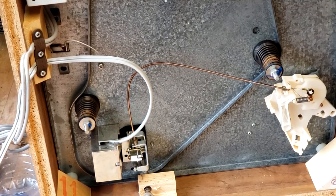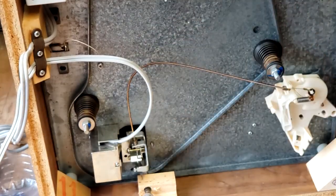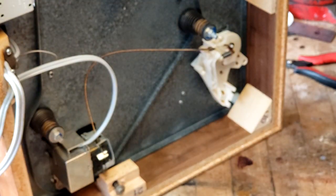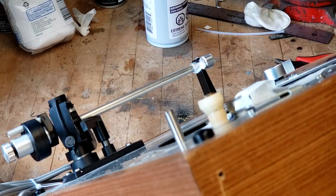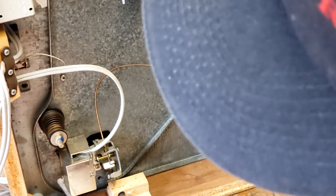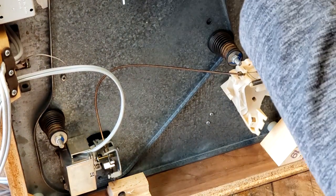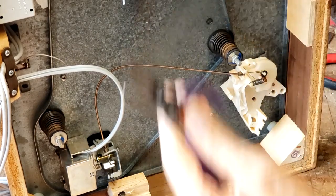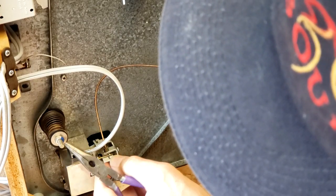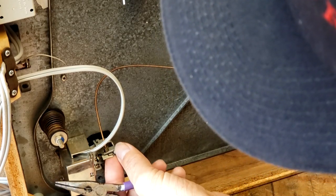All right, I put the camera on a tripod here just so I can have two hands to operate. And I've got to be very, very careful because the tone arm there is very delicate, and you don't want this thing to flop over and crush all the bearings and wreck it. So that's why I'm going to use one hand to basically hold the plinth in place, and then we're going to do some surgery here. So we've got a little pliers here, and what we want to do is, actually I don't even need the pliers,